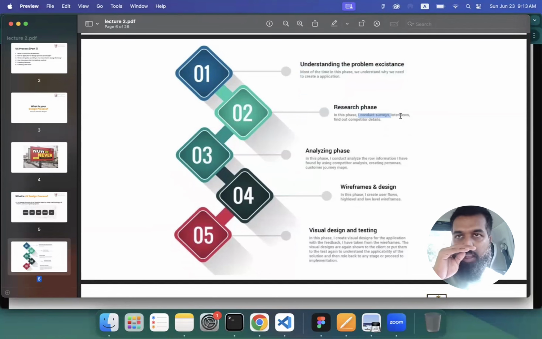We can invite them to our office premises and ask different questions: predefined questions, hypothetical questions, and questions about the application that they are already using, and some qualitative or quantitative questions from which we can gather information. And also we can find out about competitors,